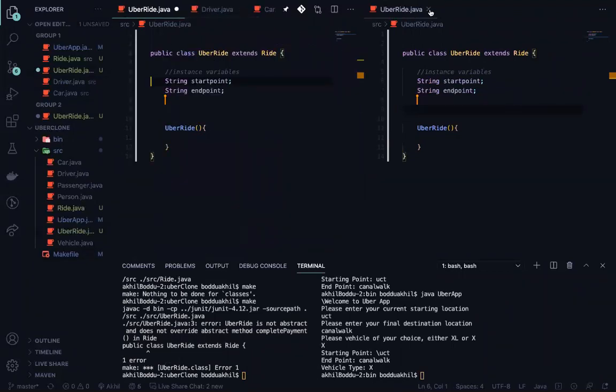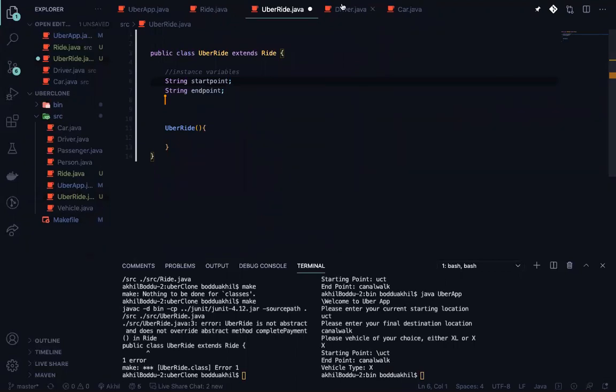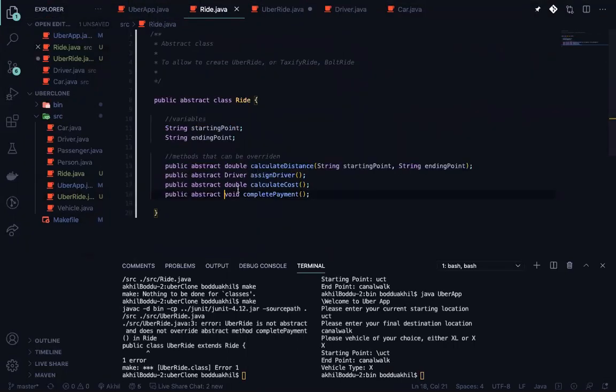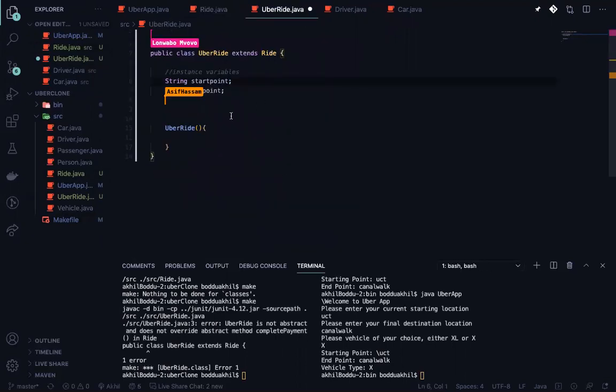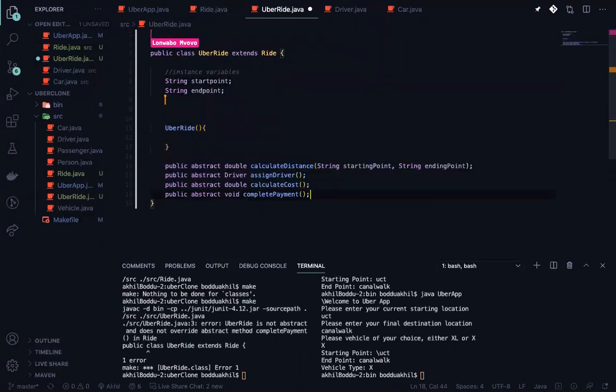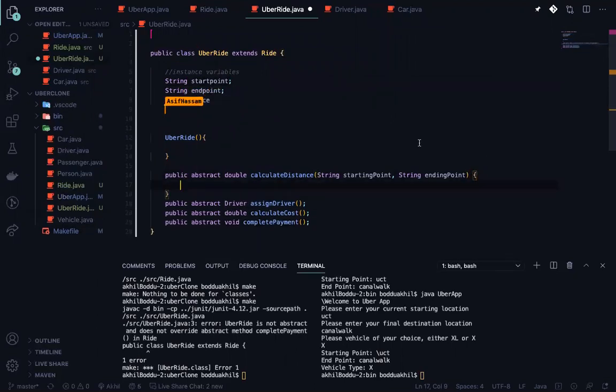So I'm just going to collapse this. And let's override these methods. We know that to calculate distance, we need the starting point and the end point, right? And we'll be getting the starting point